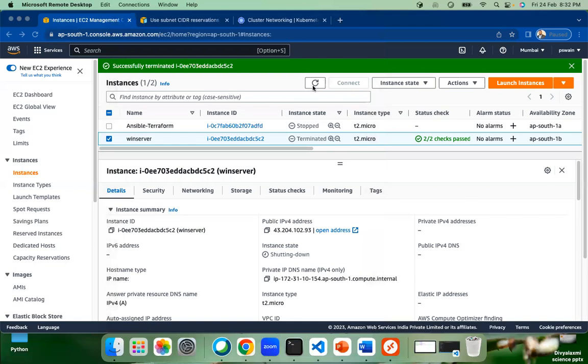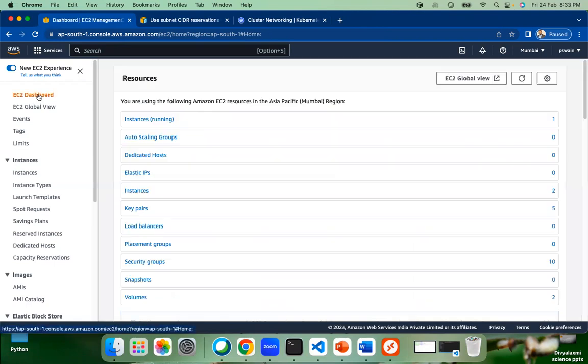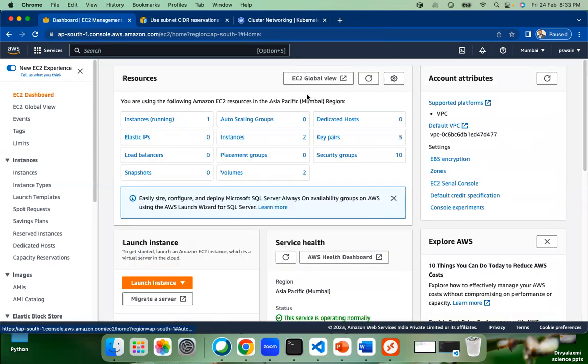Okay. Now, is it clear, Kumar? Yeah. Okay. Now I have terminated this particular Windows server. So let's go ahead and quickly create another server with some advanced details. Okay. So what we'll do here today, if I refresh this, we have two instances, but